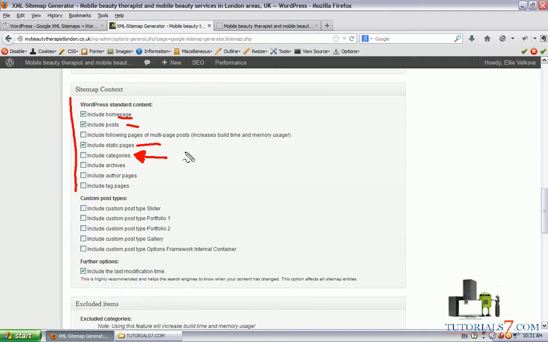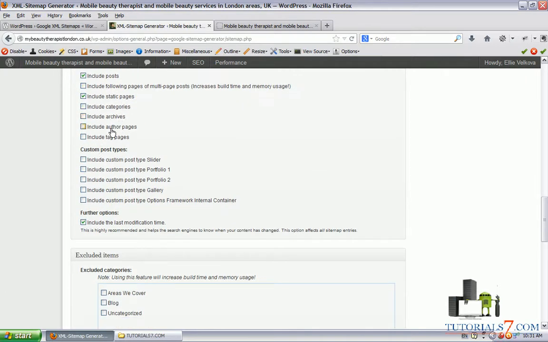You will choose this for yourself, because if you have the Yoast SEO on-page plugin, you can include or exclude the categories. It's up to you, of course, if they have a lot of information. So you will choose for yourself. We can include the archives, the author pages, the tag pages.